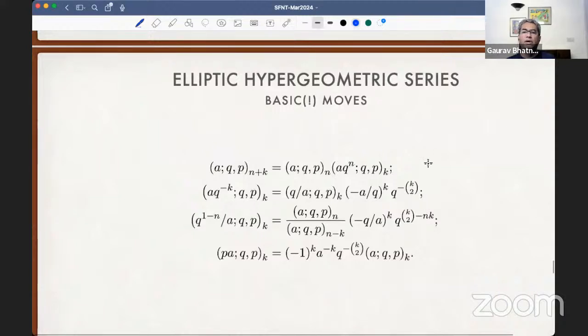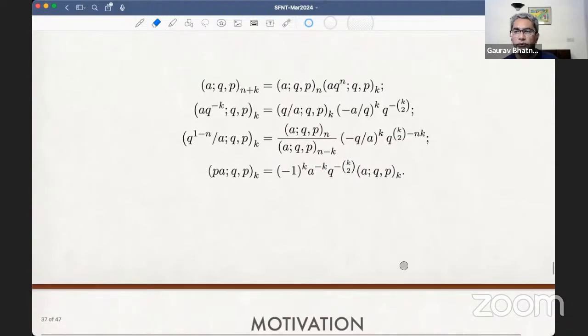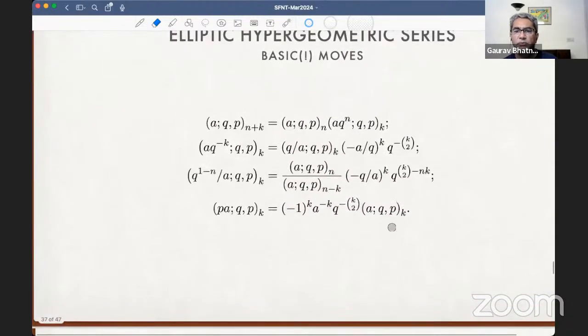If you're used to playing around with basic hypergeometric series, then these are the identities which you use essentially, and these identities work out in the elliptic case also. The point I'm making is that conceptually, and practically, it's no different to work with elliptic hypergeometric series than with q hypergeometric series. The same identities pretty much work with an additional p. So all you need to do is, even though these are like infinite products and so on,